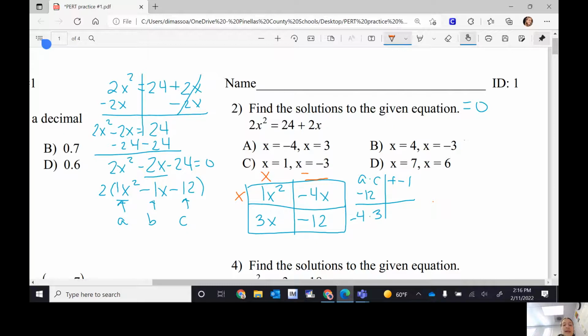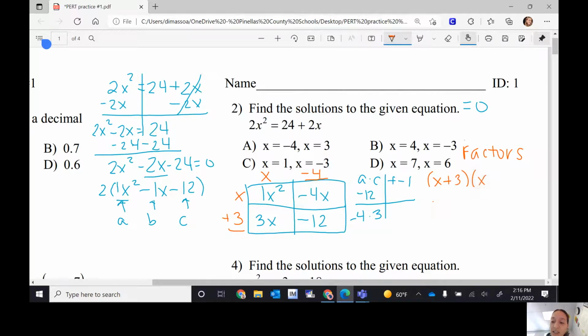That would be -4. And then x times what number gives me 3x? That would be +3. So these numbers in orange that are left over, these are my factors. Okay, so my factors are x plus 3